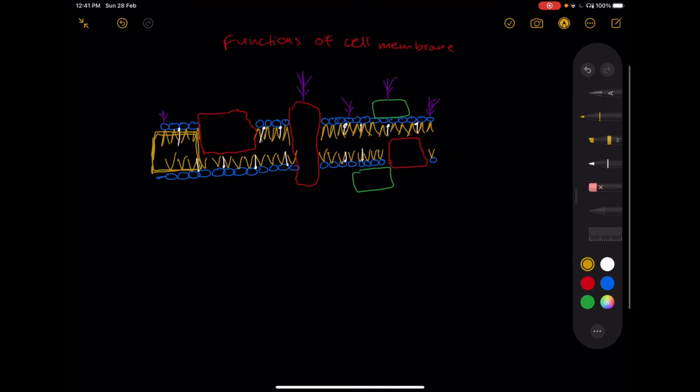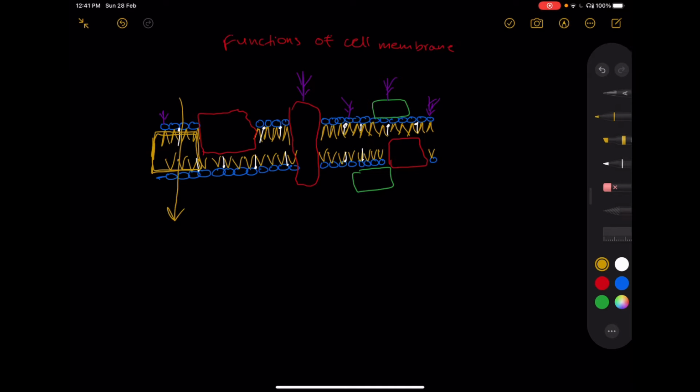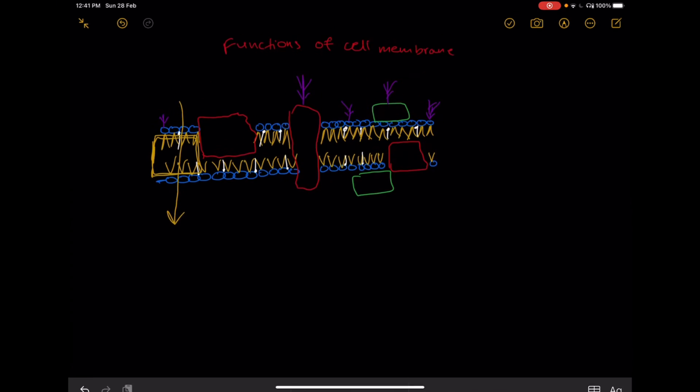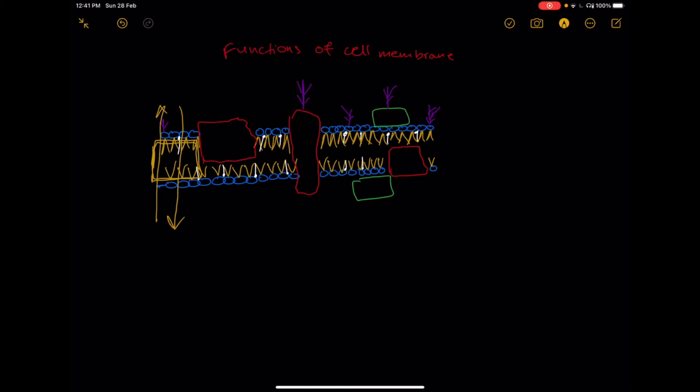So basically, no polar molecule can pass freely from outside to inside of the cell or from inside to outside of the cell. Why is that? Although the polar molecule would be attracted to the polar heads, it won't cross the cell membrane. Why? Simply because this hydrophobic region will be repelling it. So just because of this property,